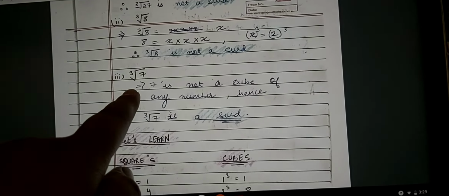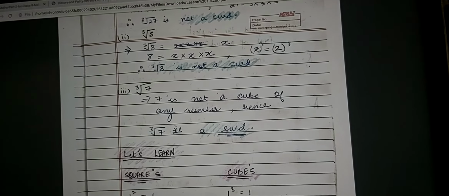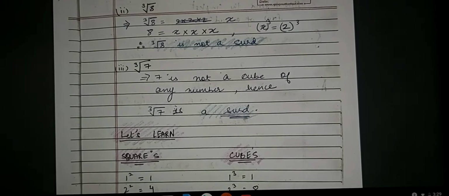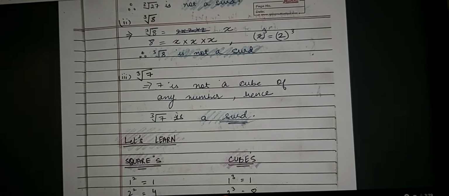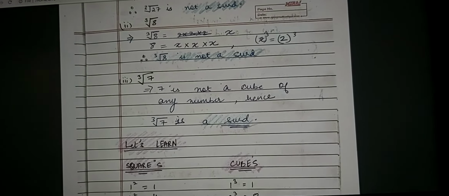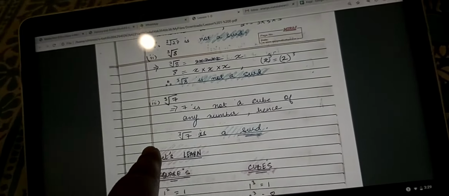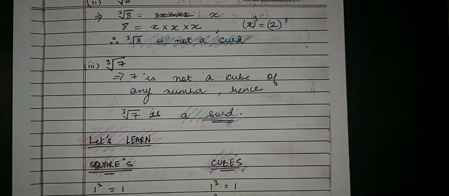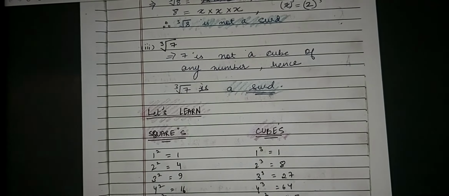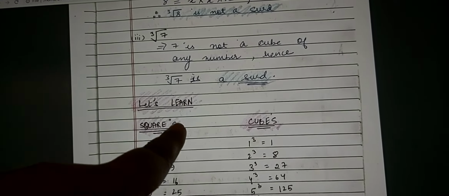Now if I look at cube root of 7, ठीक है, now 7 का I cannot, there is no number that I multiply itself by thrice to give me 7, right? 1 into 1 into 1 is 1. 2 into 2 into 2 is 8, which means that मैं कोई भी नंबर को 3 बार मल्टीप्लाई करके I will not get 7. Okay, so cube root 7 is a surd because it is not a perfect square or a perfect cube in this case.